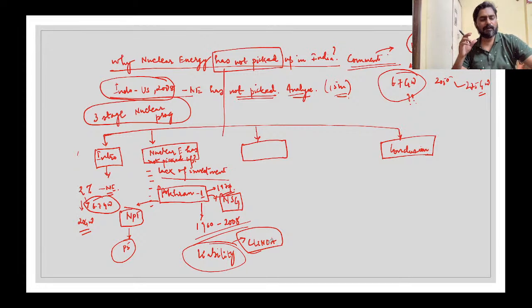Liability means that if a nuclear disaster occurs, who will be held liable? Who will pay the amount to the people, to the society, or who will recover the damage done to the environment? So, Indian law says that the liability can be shifted to the manufacturer or the equipment